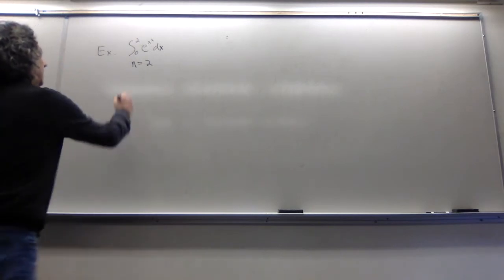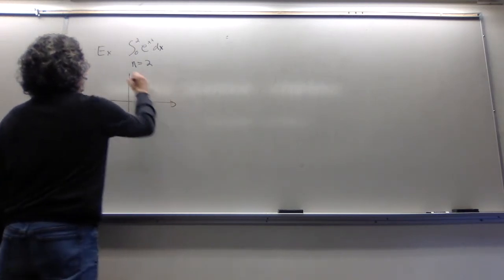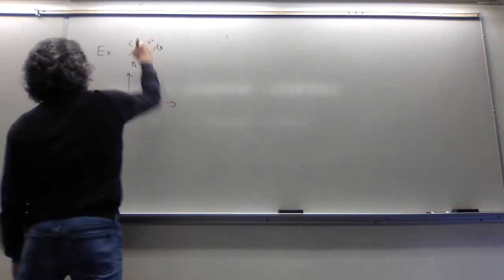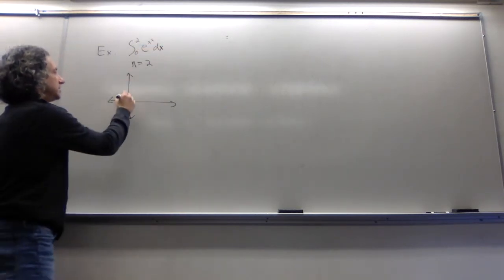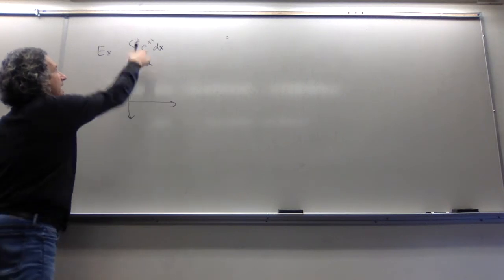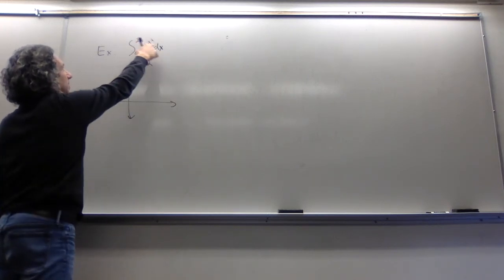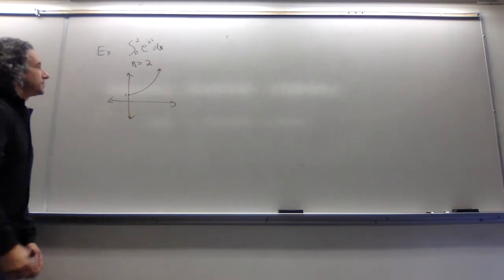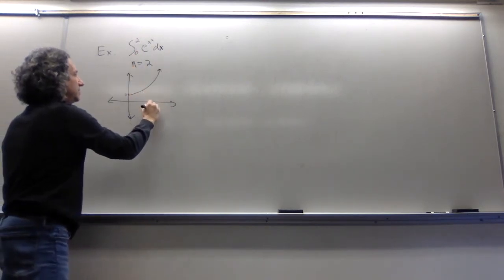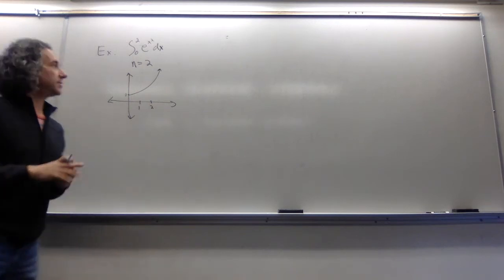All right, so hopefully you drew a picture to help give you an idea as to what e to the x squared looks like. E to the 0 squared is just e to the 0, which is 1. And e to the 2 squared is e to the 4th. This guy is just going to look like this. And if we go from 0 to 2, then that's what that will look like.